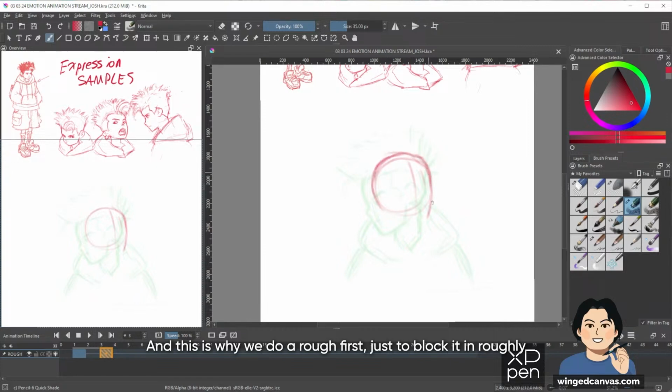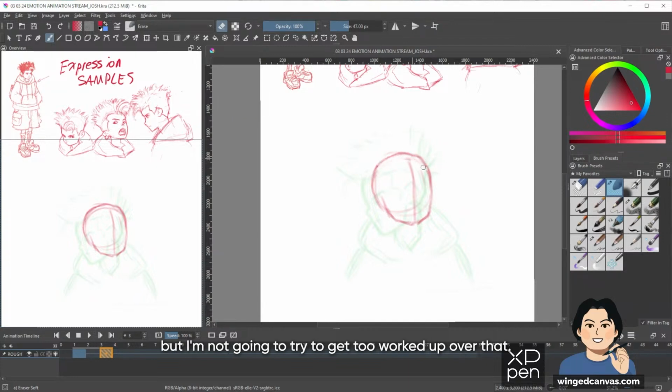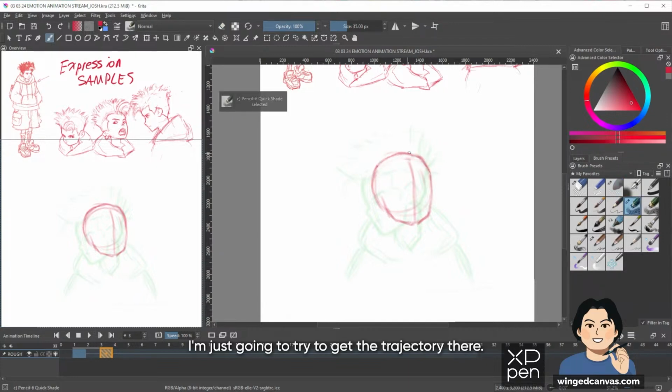And this is why we do a rough first, just to block it in roughly, because this way I'm able to just track the overall head shape and the mannequin head size and keep it as consistent as I can get it. It's not gonna be overly consistent, but I'm not gonna get too worked up over that. I'm just gonna try to get the trajectory there.